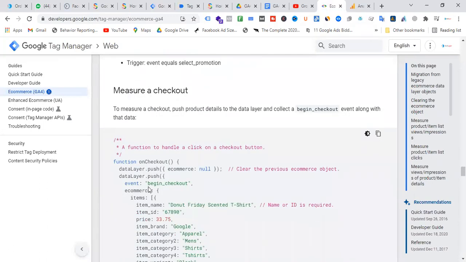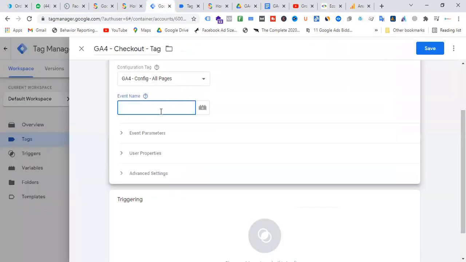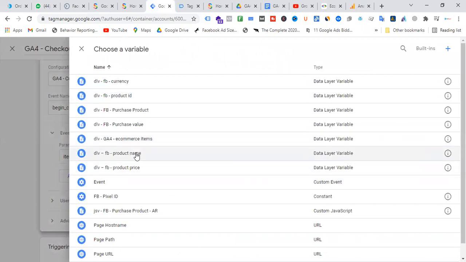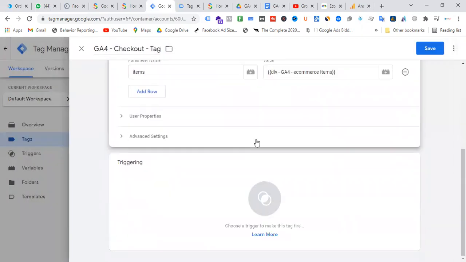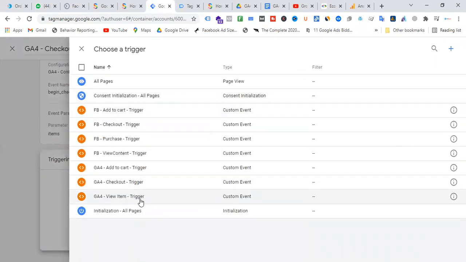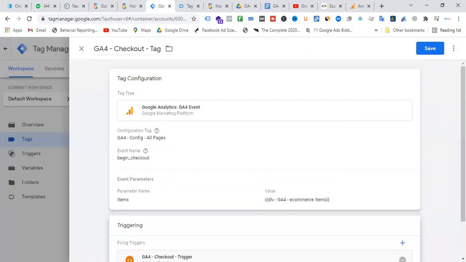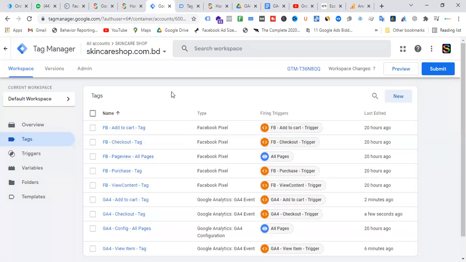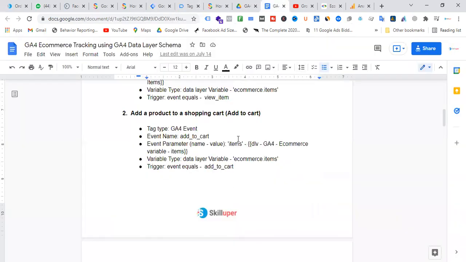Yeah, begin checkout. Okay, just take this and put it here. Event parameter would be items and DLV e-commerce item. Okay, and the trigger will be the GA4 e-commerce trigger. Okay, done.